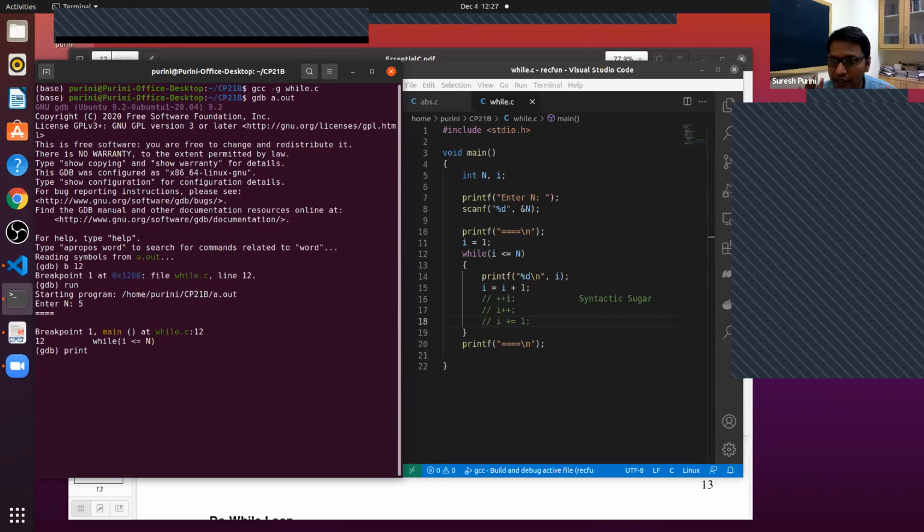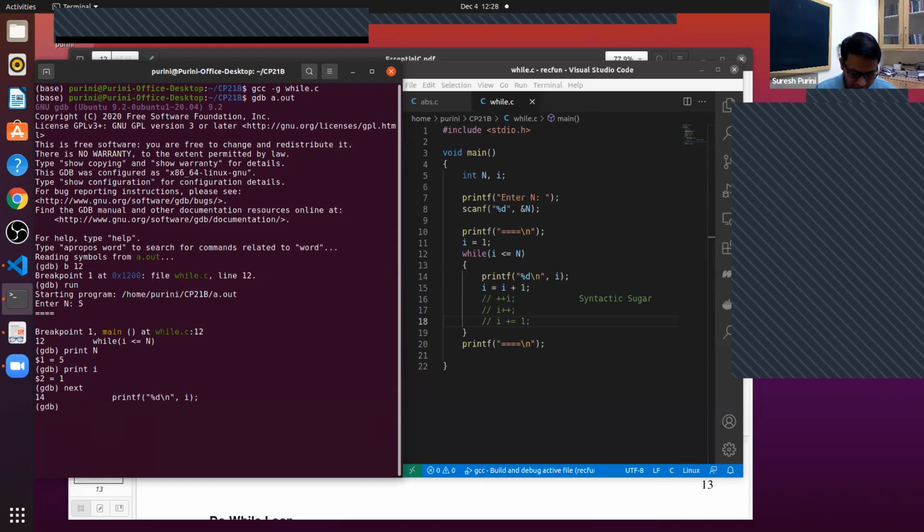I want all of you to pay attention. Okay, we'll understand this together. It's easy. The control is on line 12. It's not yet executed. So if I print n, n is equal to 5, that is the input I gave. And if I do print i, what do I get? i is 1. So now we are executing the Boolean expression on line 12. Is i less than or equal to n? Yes, right? So since i is less than or equal to n, the control is transferred to line number 14.